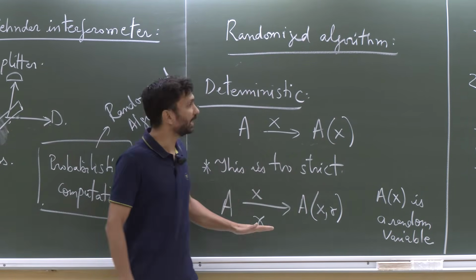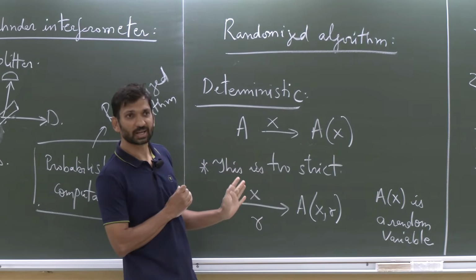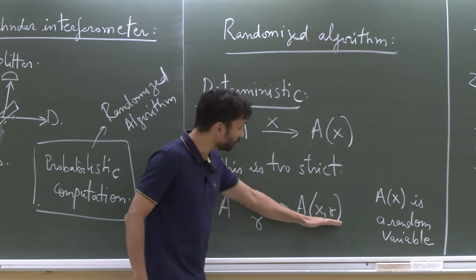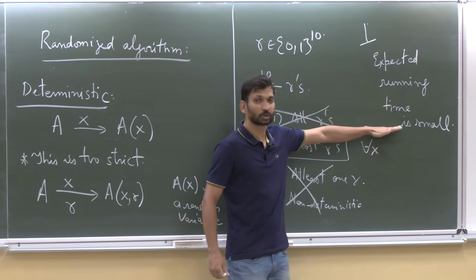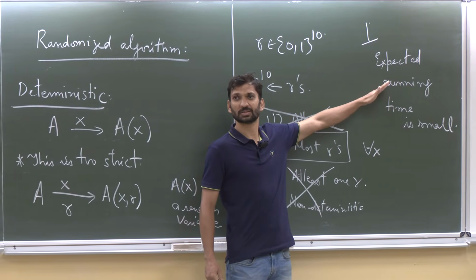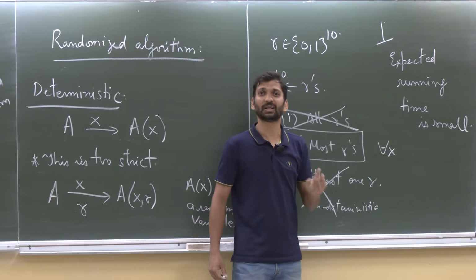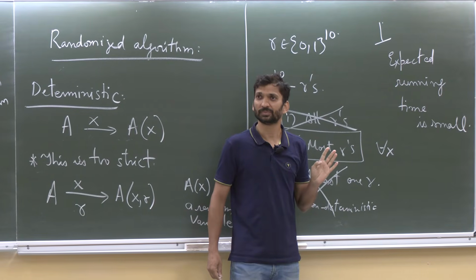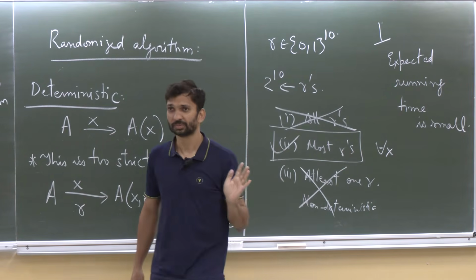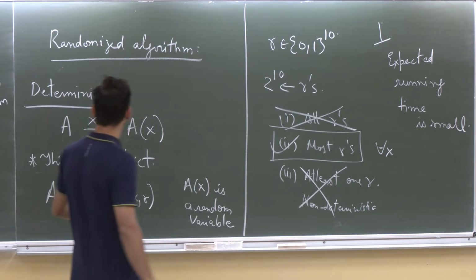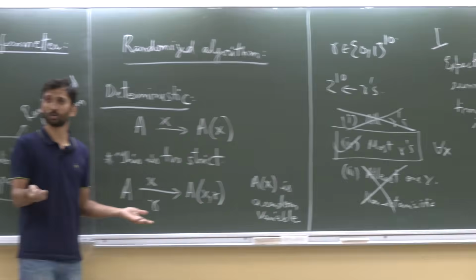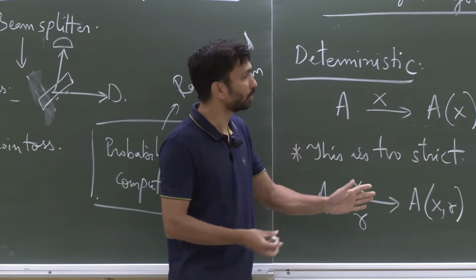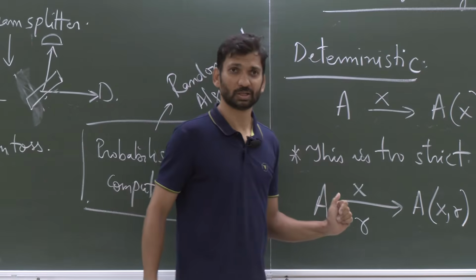But the other way I can say that this randomized algorithm is useful for me is, for every R I get the correct answer, but the cost of the algorithm is computed in the expected sense. In expectation, I will get the answer correctly. Sounds good? Okay. So these are different notions through which you can do a randomized algorithm. But again, the point remains, you toss a coin that allows you to branch out and then have a relaxed notion of computation.